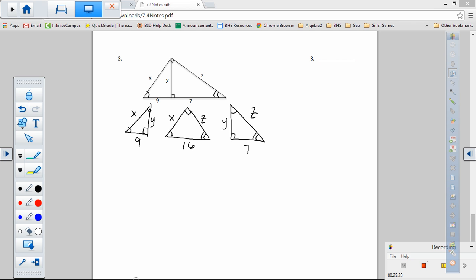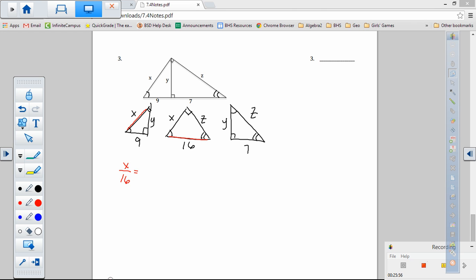Now what I'm trying to do is solve for my variables. Okay, so I have to decide which of my triangles I'm going to use. So I'm going to do the first problem in red, which is where I'm solving for x. Okay, and so I have to use the 2 triangles that have x's in them. So x is 2. So I find in this next triangle that also has an x in it, what side corresponds with that? 1 and 2 markings. So x is to 16